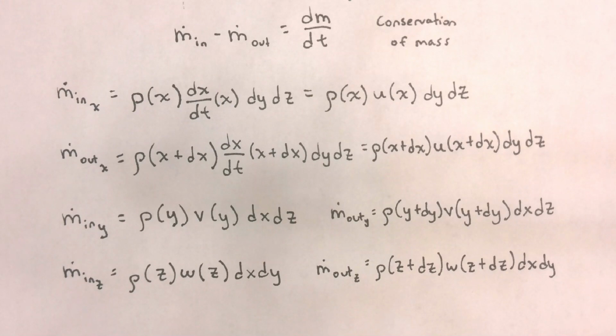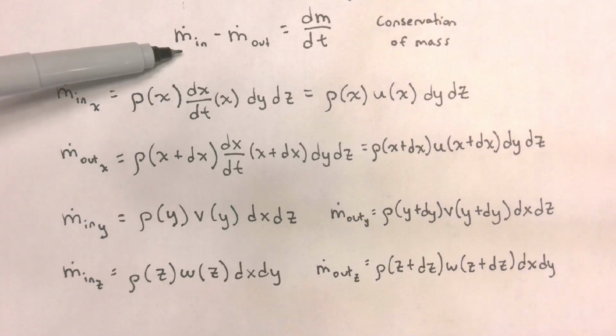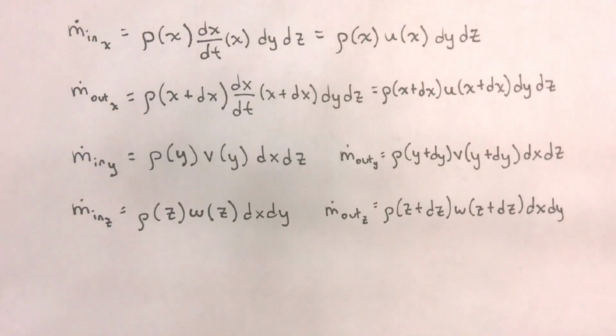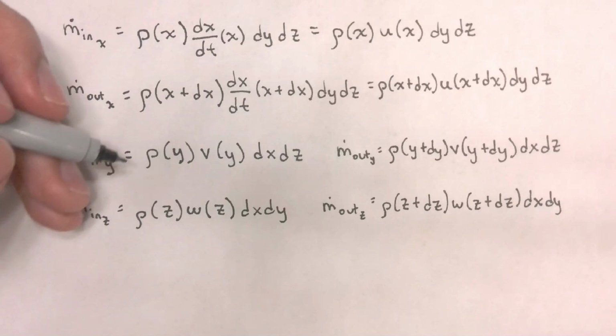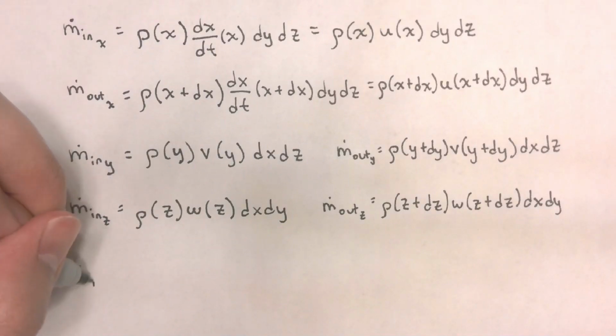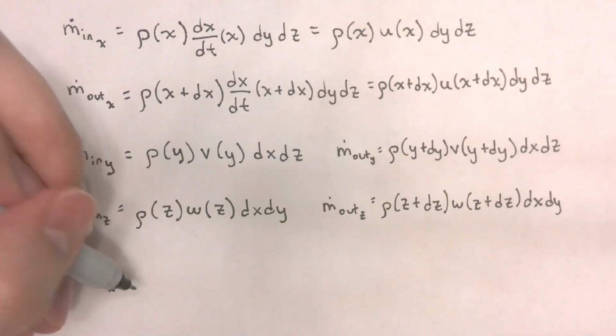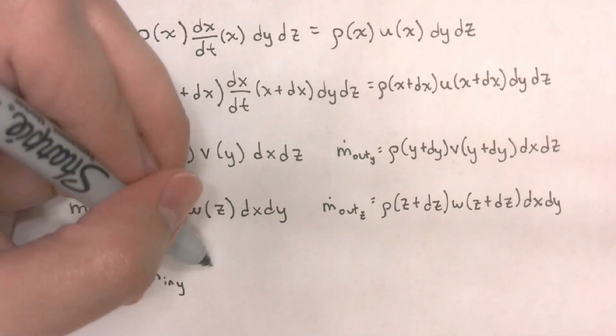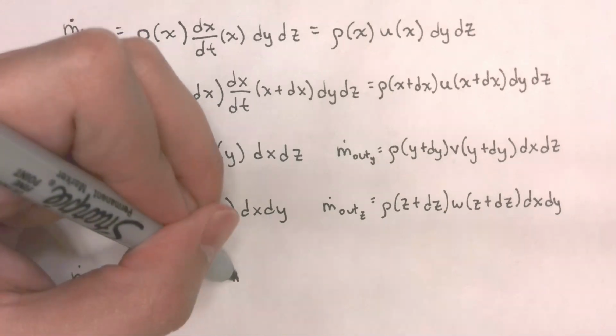So, expressing my mass flux entering and leaving my control surface in terms of its x, y, and z components will allow us to insert all these terms into my mass flux entering minus my mass flux leaving. So let's do that. We know that the mass flux entering the control volume should be equal to the x component of the mass flux entering, the y component of the mass flux entering, and the z component of the mass flux entering,